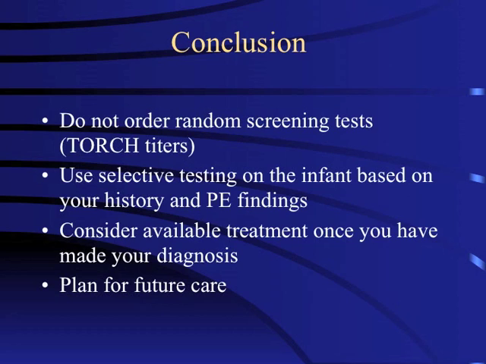So just to finish the talk, please don't order random screening tests, aka TORCH titers. Use a more selective testing approach to the infant based on your history and physical findings, and then, depending on the diagnosis, you can consider the available treatment. The most important thing for a lot of these babies is planning for future care, because the sequelae from CMV, herpes simplex, varicella, or rubella can be so severe that they're going to need a lot of special